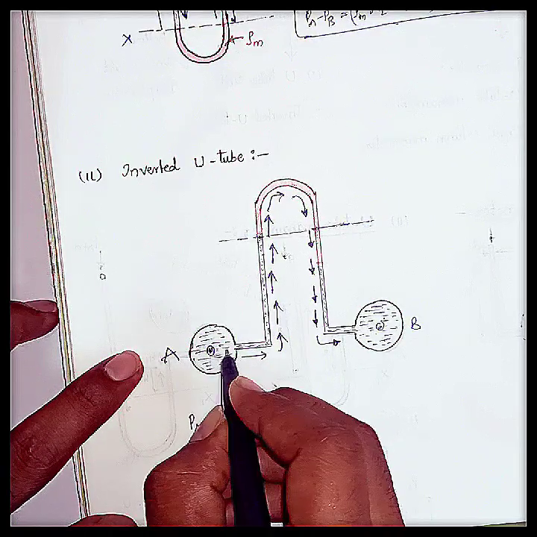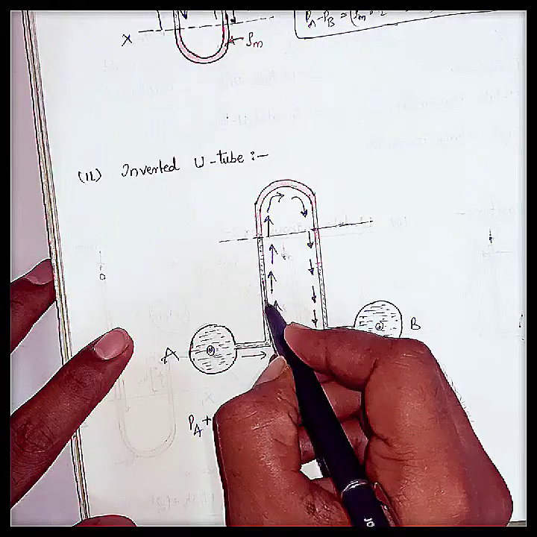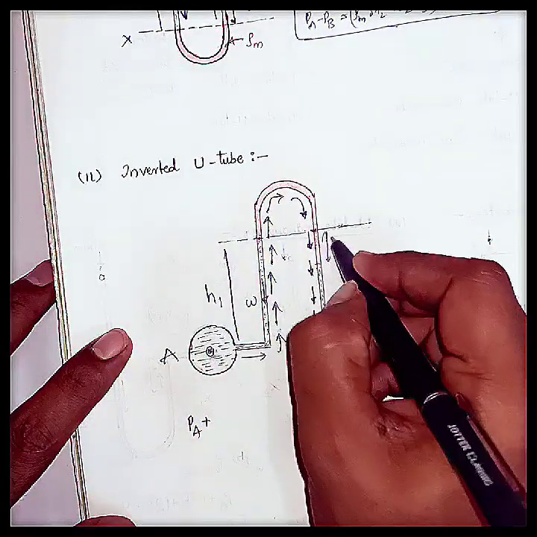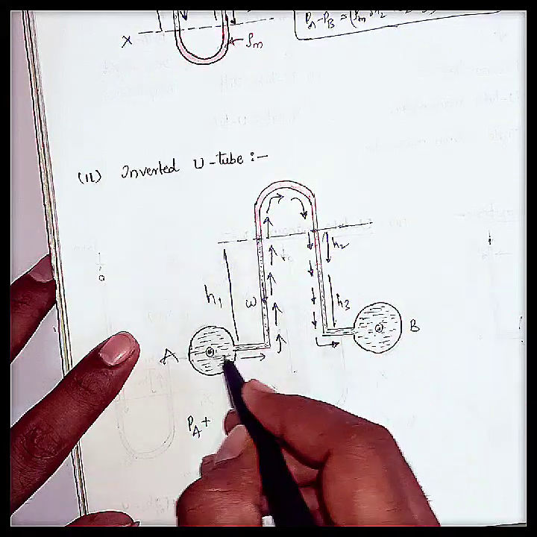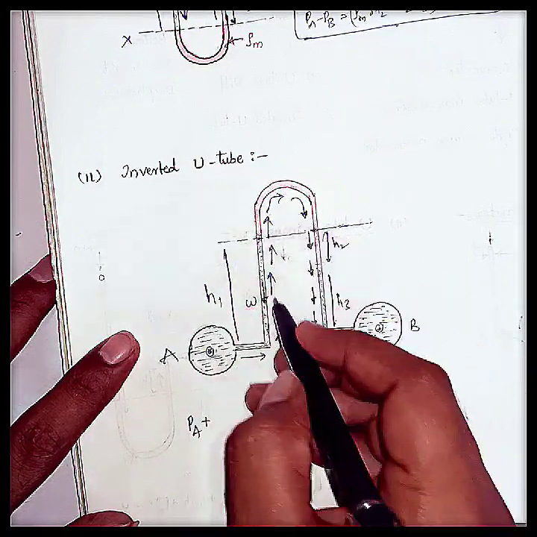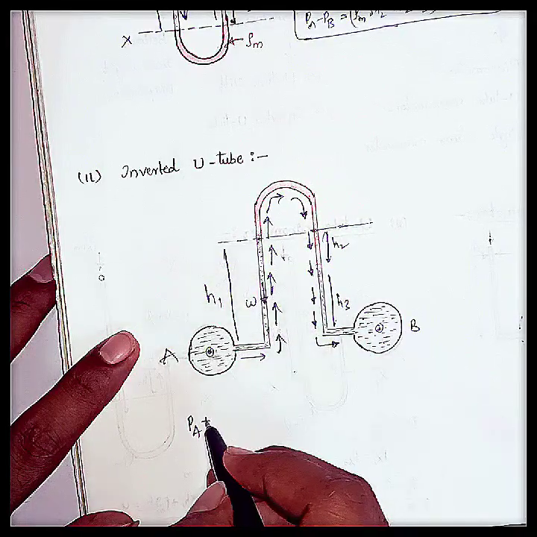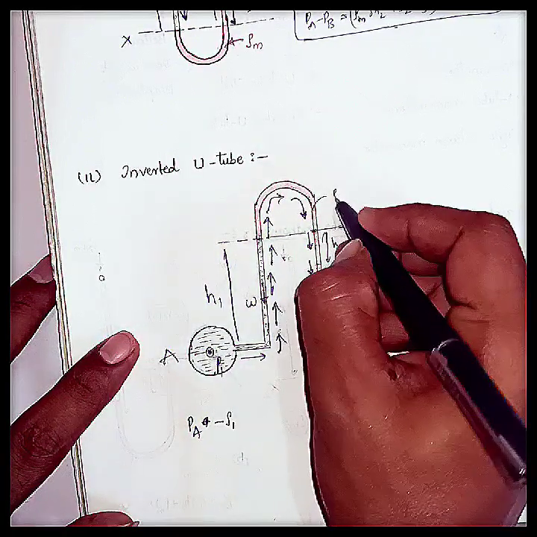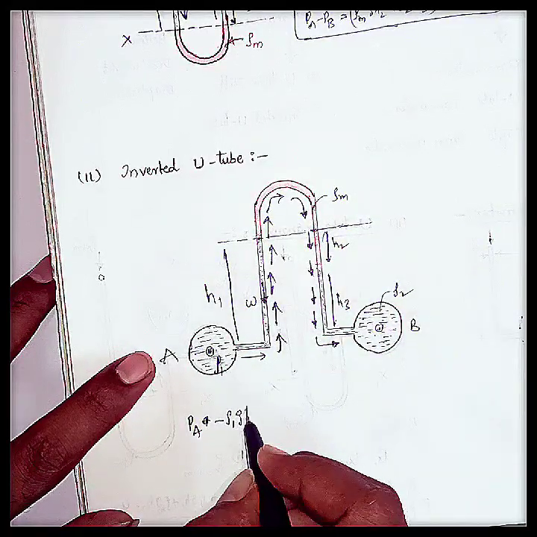See PA, plus, if you see here, the weight of this fluid is in the downward direction. Yes or no? Let us consider this is height h1, this is height h2 and this is height h3. Here the weight of this fluid A is in the downward direction, but you took the direction to the top side like this. Yes or no? The direction of the weight of this fluid is downward. These two are in opposite directions, so take a negative value here, minus rho 1. This is considered the density 1, this is the manometric fluid density m, and this is rho 2, the density of the second fluid, and rho 1 g h1.